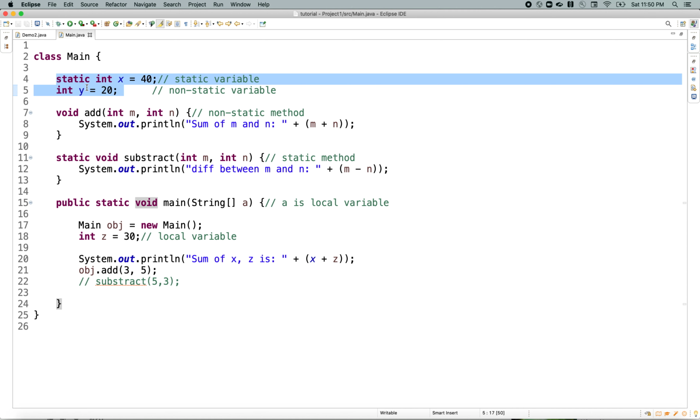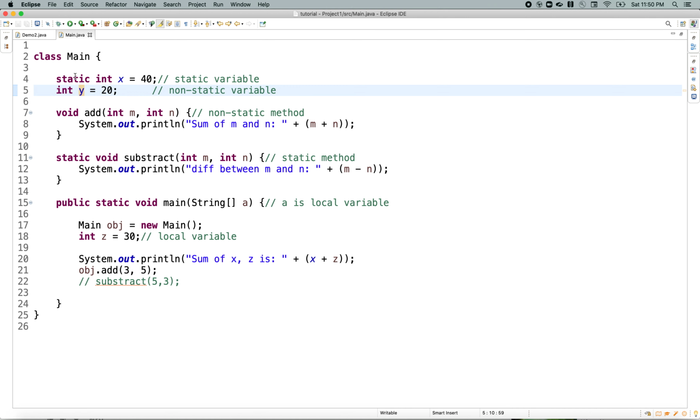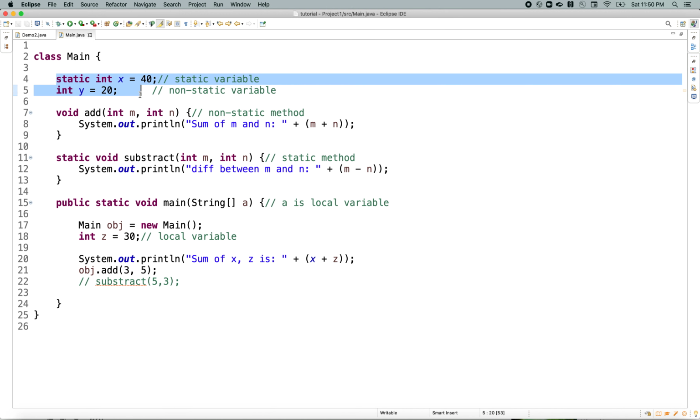If a variable is preceded by the static keyword, then it will be a static variable, and if we don't have any such static keyword with the variable, then obviously it will fall under the non-static variable category. So these two are the static and non-static variables.